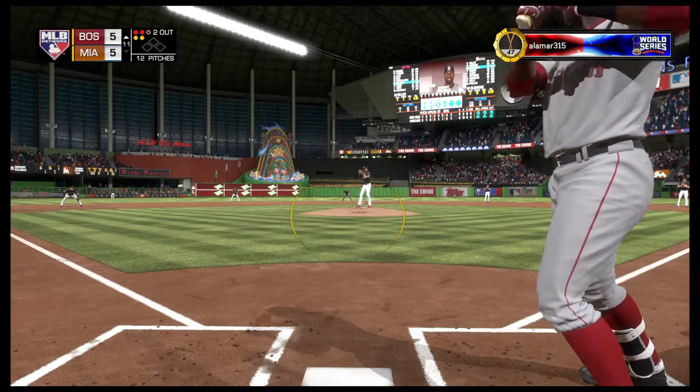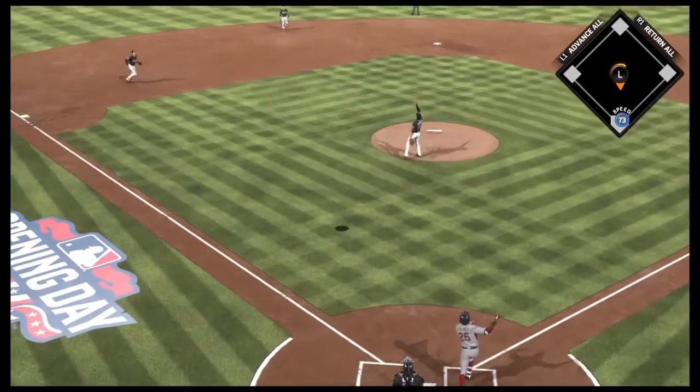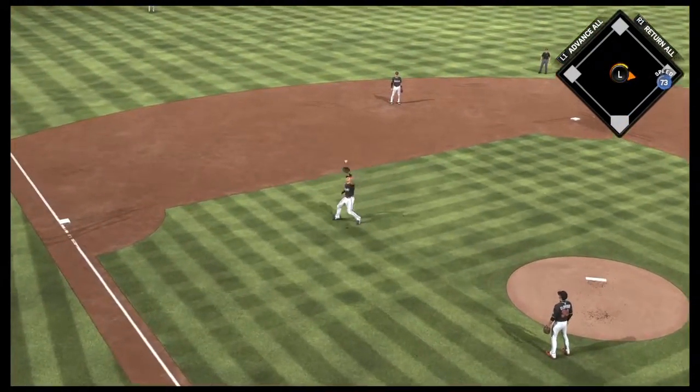And a fastball just a bit high. There's a swing and a high pop-up. Dozier is there for it. He makes the play, and that'll